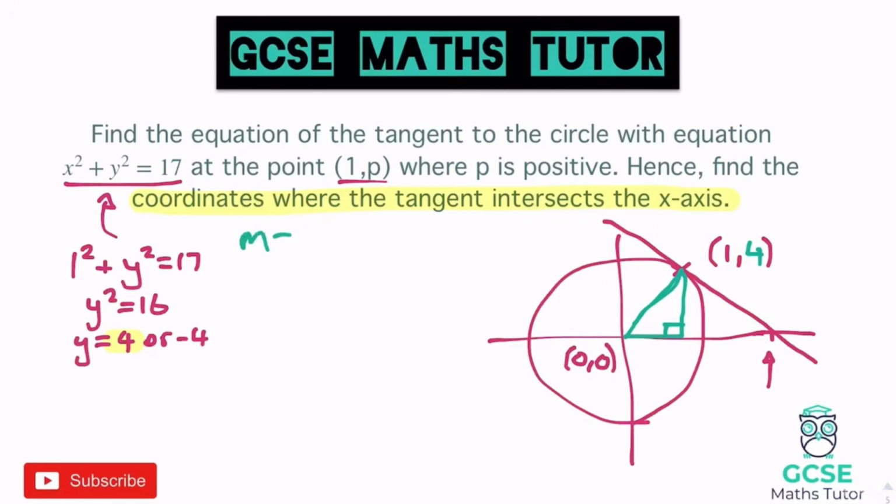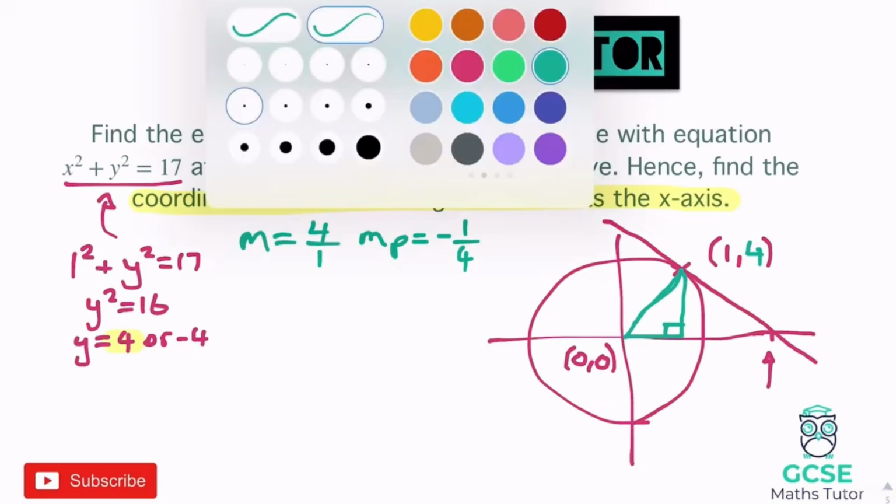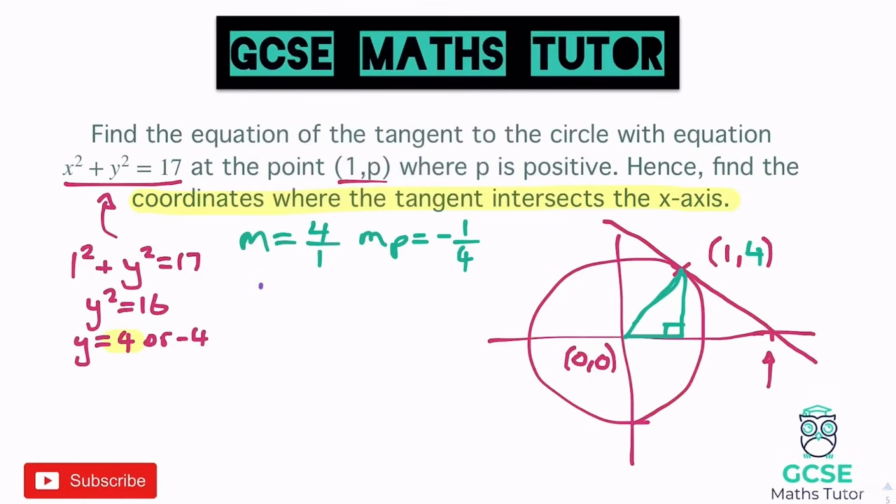So the gradient is from 0 to 1, 4, so that's going to be 4 as our change in y over 1, which is just 4, and our perpendicular gradient, negative reciprocal, minus a quarter. There we go, now we can plug that into our line equation. So y equals minus a quarter x plus c, and let's sub in this coordinate. So we've got 1, 4 to sub in, so 4 equals minus a quarter times 1 is minus a quarter,